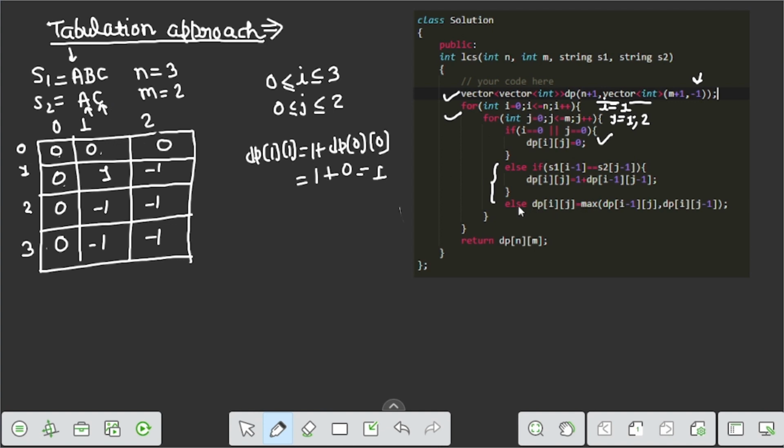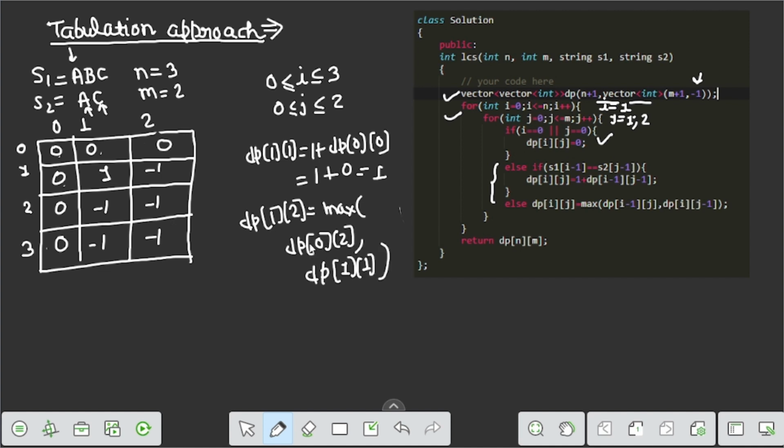So we call the else condition: dp of i, which is 1, j, which is 2, equals the maximum of dp of i minus 1 comma j, which is dp of 0 comma 2, and dp of i, which is 1, and j minus 1, which is 1.